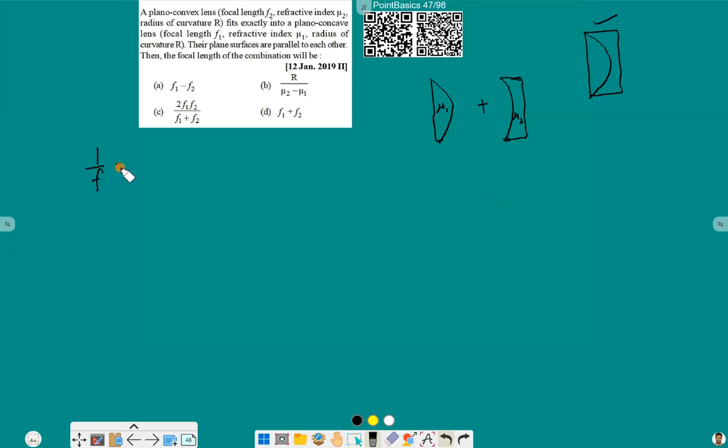So what we can do here is calculate their individual focal lengths, and then use the formula 1 by f is equal to 1 by f1 plus 1 by f2, and these can be calculated using lens maker's formula. So 1 by f1 for this one will be equal to mu1 minus 1 into 1 by infinite for this side, and 1 by negative of R for this side. This will give us minus mu1 minus 1 by R. Now for f2, for this one,